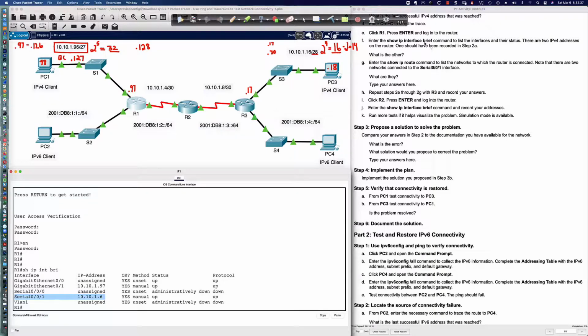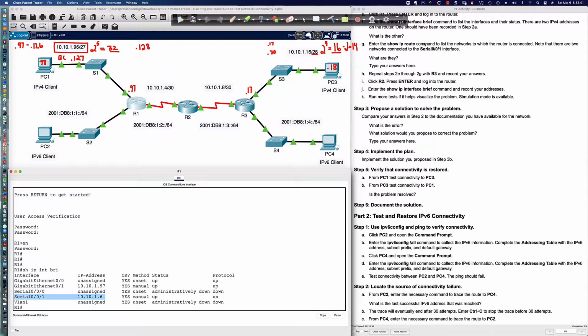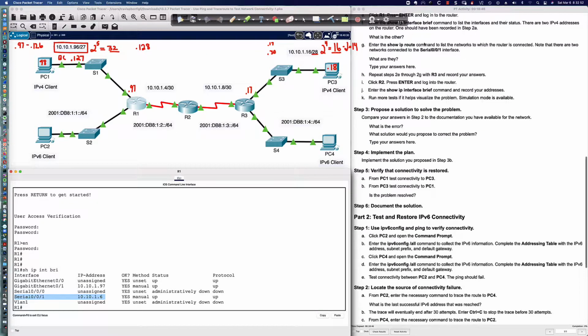What are we doing here? Okay, it should have been recorded in step 2 on the router. We've got that. What is the other? So there is no other address. So we said show ip interface brief. There are 2 IPv4 addresses on the router that should have been recorded in step 2A. What is the other? Oh, the other address that should have been recorded is the 10.10.1.6, and that is this